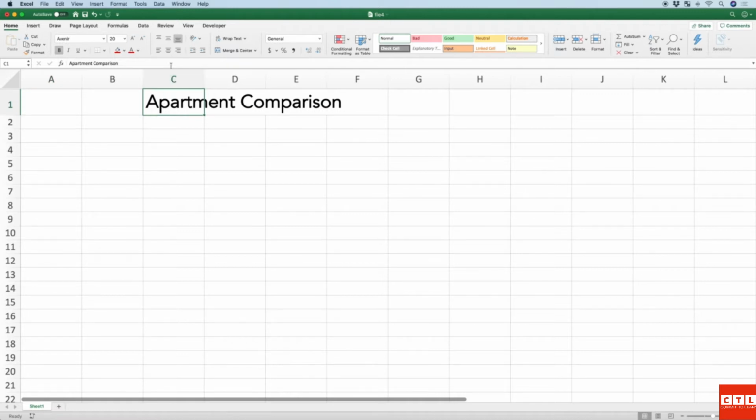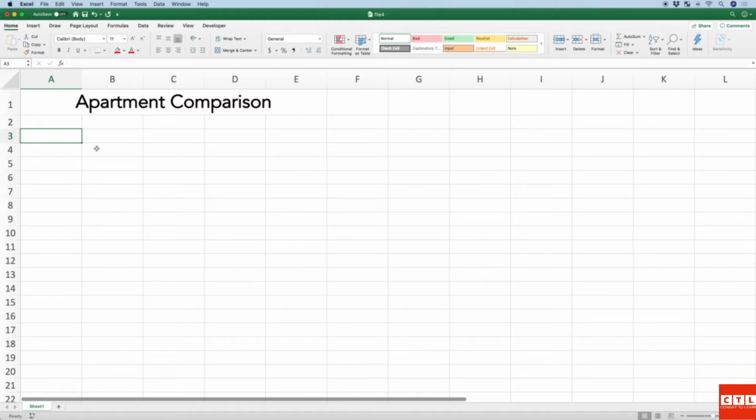And you could perhaps center this to be spilling over both the cells to the left and the cells to the right. So sometimes we want to center the text as well as make it bold and bigger and a different font size. Let's go down now to cell A3, to give us a row here to give us some space to work with. I'll go down to cell A3 and type in apartments